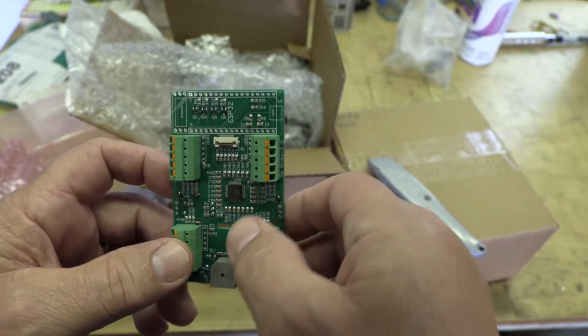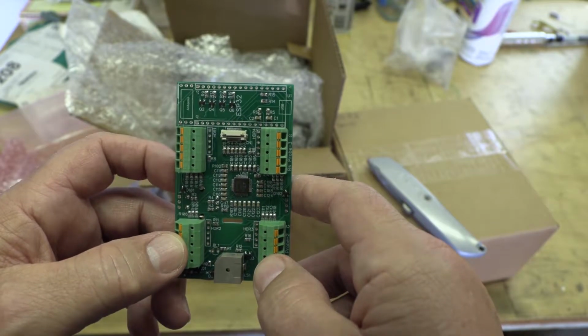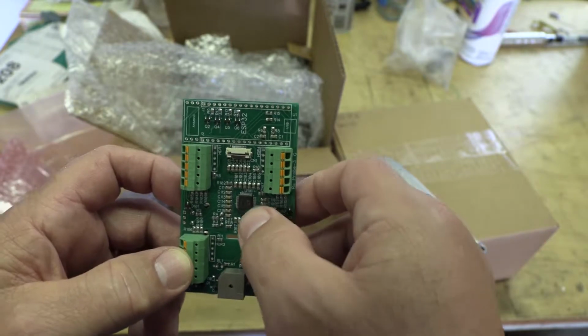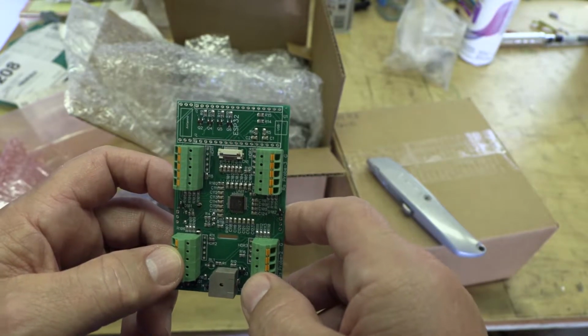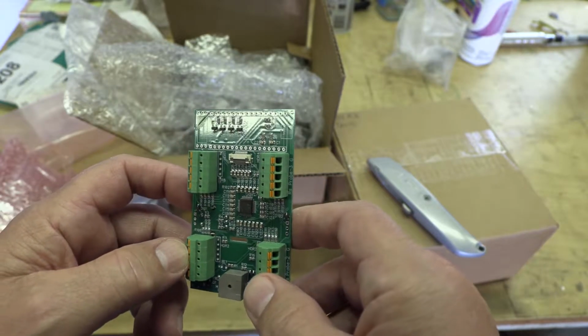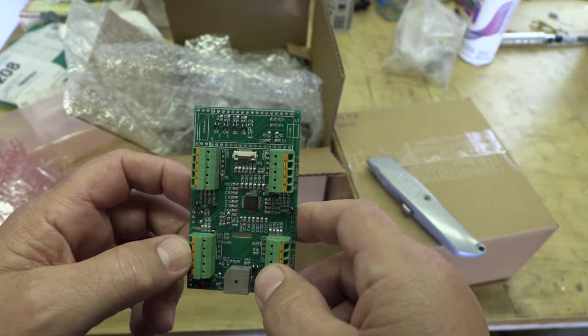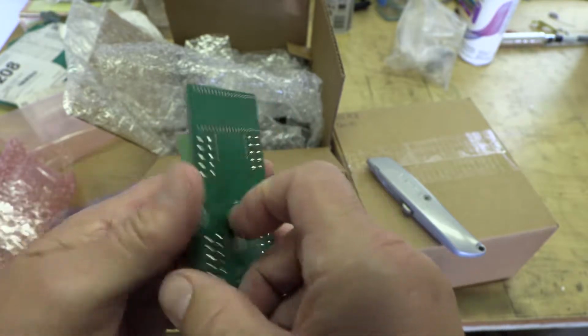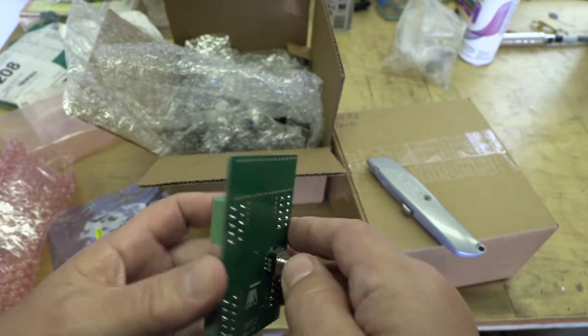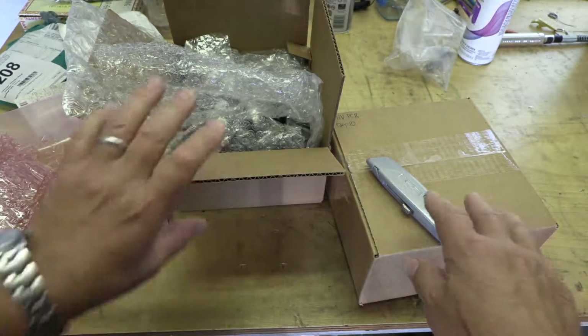Yeah, we'll have to get this under the microscope and get a better look at that reflow on that LTC chip, because that could be a real bugger. But yeah, everything looks very nice. It's nice and clean. So okay, great. Oh yeah, they got the button on there. Excellent. Alright, last but not least,